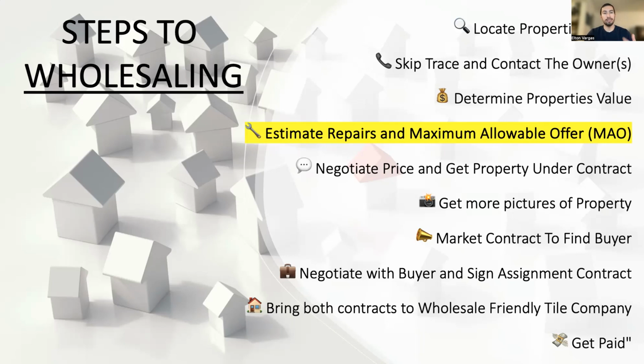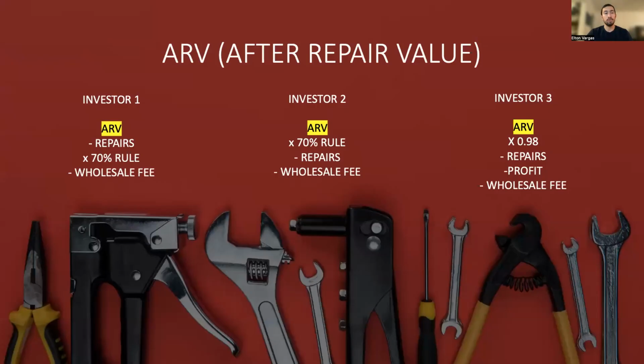But with that being said, again, the main one that we're going to be focusing on is the estimated repairs and the offers and how to negotiate those offers today. Very first thing we have to learn about before getting those offers in, you do have to understand where the numbers come from. The number one thing when it comes to looking into properties is going to be the after repair value, or ARV, knowing how to find out what the property will be worth once it gets